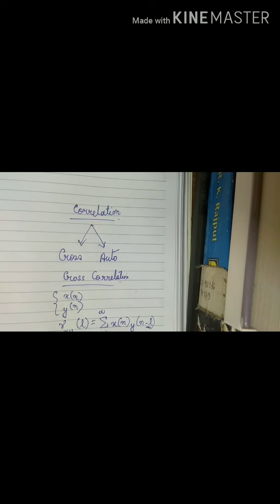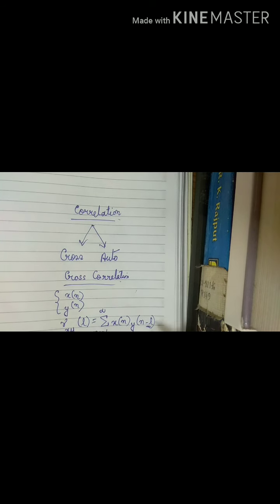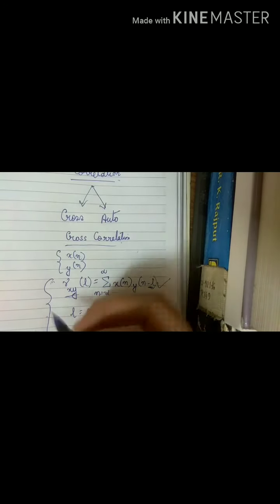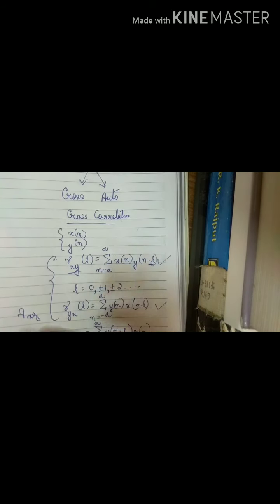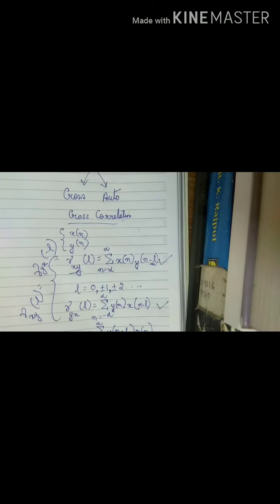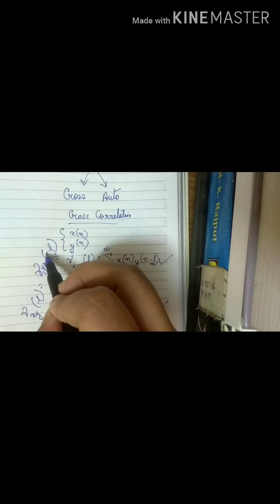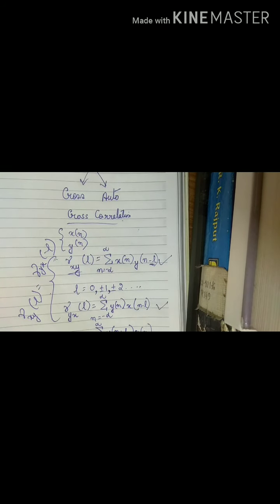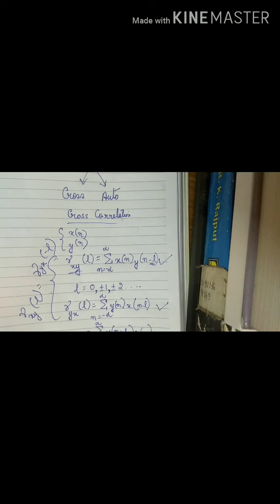Now if we compare the previous two equations, this one and this one, then we can say that the relation between these two sequences is gamma xy(L) equal to gamma yx(minus L). Now gamma yx of minus L indicates that it is basically the same signal gamma xy(L) but folded about L equal to 0. So we can rewrite the first equation gamma xy(L) as